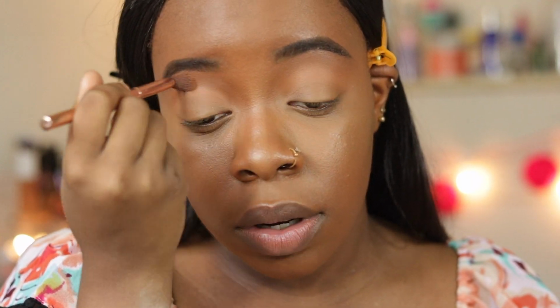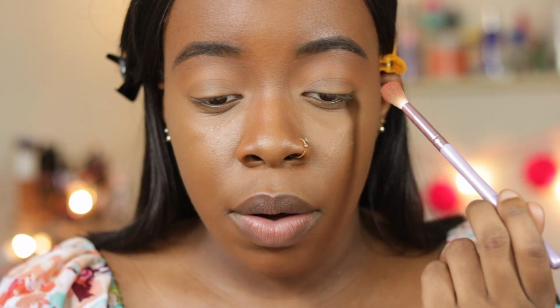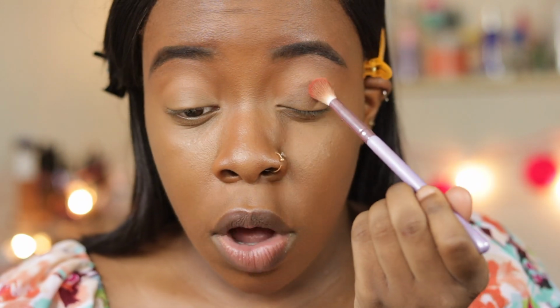Really not liking that. I'm going to go back into the first brush that I was using because I think it may work better for the next color that I want to use. I'm going to take a little bit of Tropico, which is that heavily burnt orange color next to Cocoa Taxi, and I'm just going to feather that out all over my crease area and a little outward. So the fallout is not only, whoa,